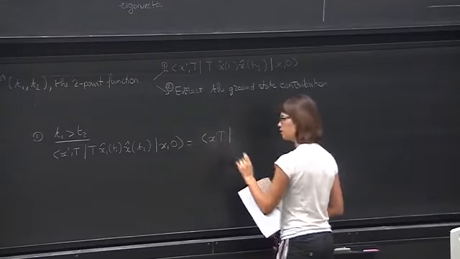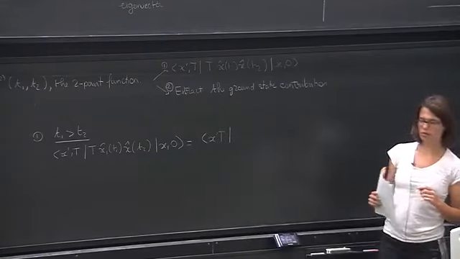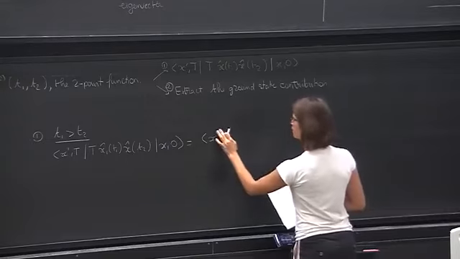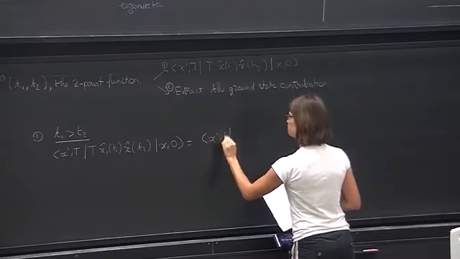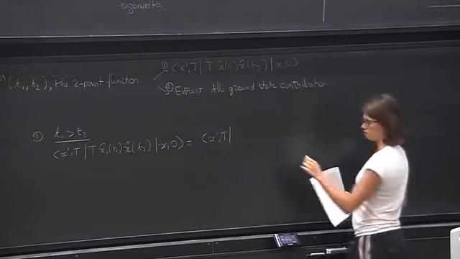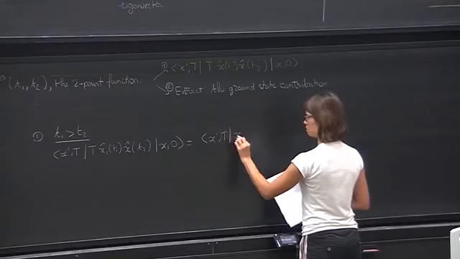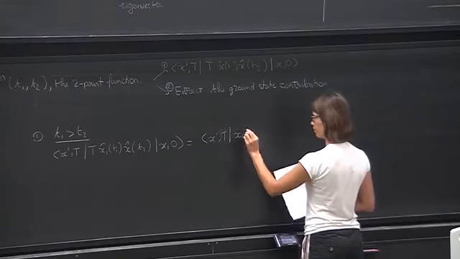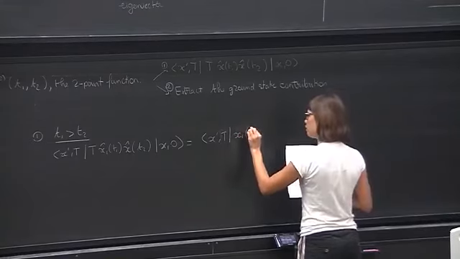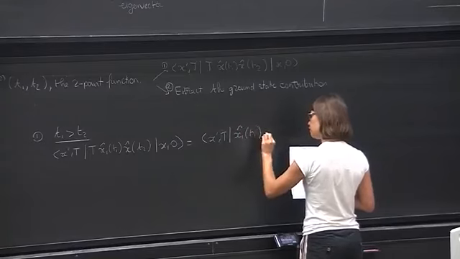It just means I can get rid of the T operator. So what do I get here? If just looking at the definition, you just get that this is